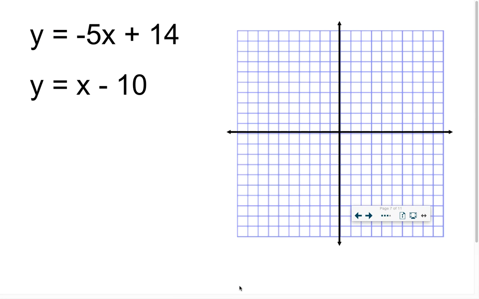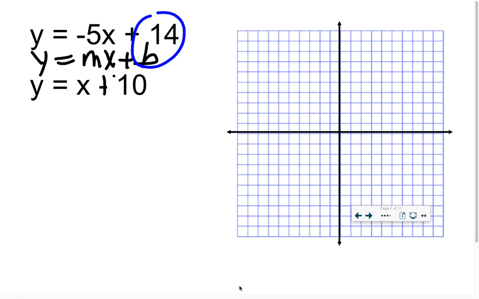Same thing, rinse, lather, repeat. Put on underneath, between these two, y equals mx plus b. Anyone that isn't in that form, switch to adding the opposite. So you're good to go right away. First line, 14. Ooh, my graph only goes to 10. So you could try to estimate it down here, but instead of doing that, let's just move on to